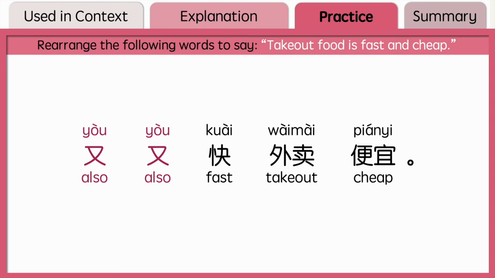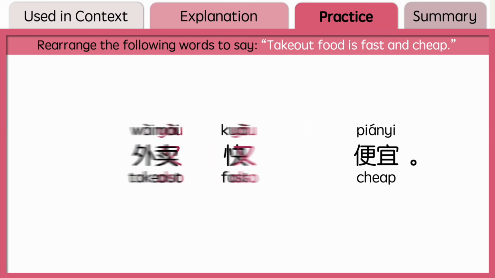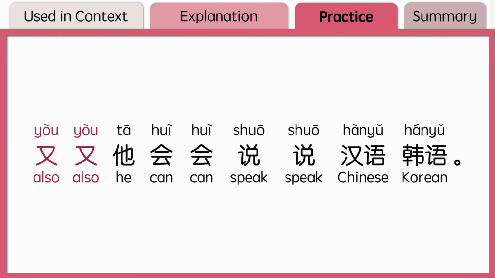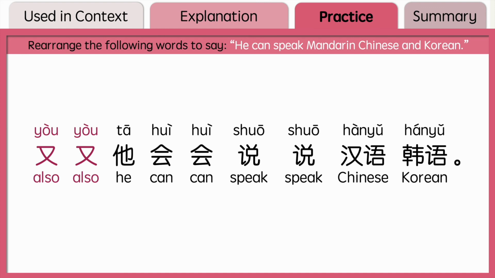Rearrange the following words to say, takeout food is fast and cheap. Again, you can pause the video and think about it first. Yes, the answer is, 外卖又快又便宜。